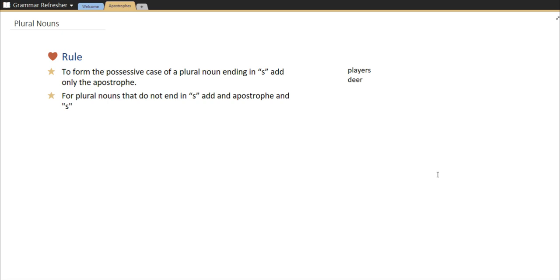Now let's take a look at plural nouns. We know that plural nouns are nouns that end in S or ES, or some plural nouns are words without S, such as deer. And it gets real confusing if you're talking about one deer or many deer. It's the same spelling. Here's an example. I have the word player, and it is plural by adding an S. So if I wanted to talk about the players' locker room,